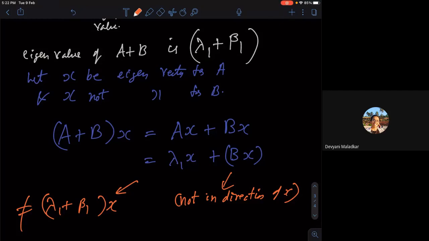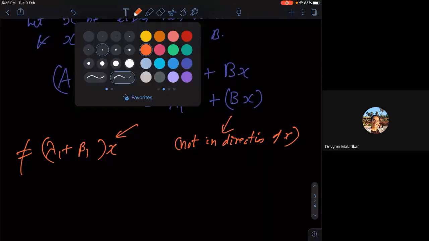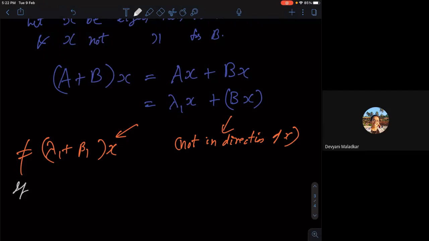But when is it possible? It's possible if x is also an eigenvector for B. So if x is an eigenvector for both A and B, then